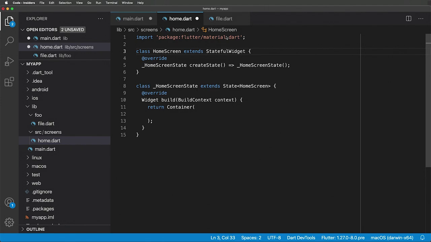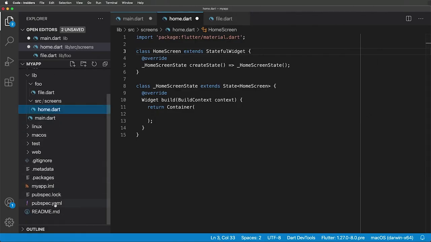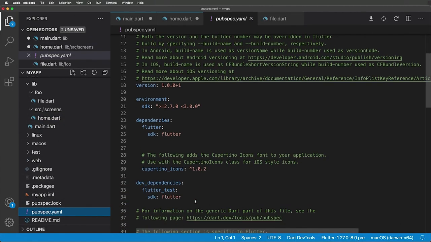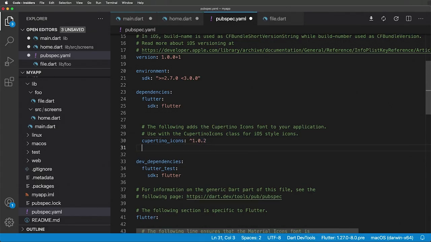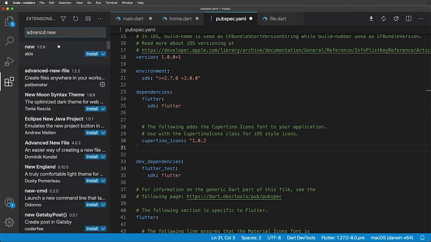The final thing that we want to talk about is how do you actually go and get those packages installed? So we know that this gets added into the pubspec YAML file. So I've got Cupertino in here, and then any other dependencies, I would have to go find them and install them and then type that in here. One of the nice things though is if we get a tool called pubspec assist,